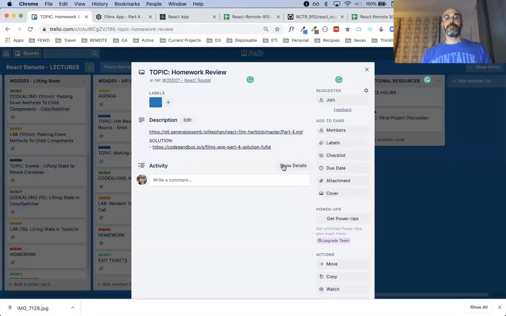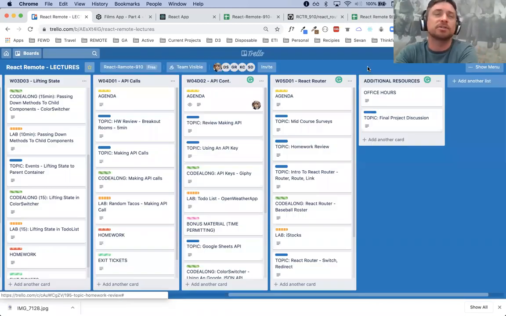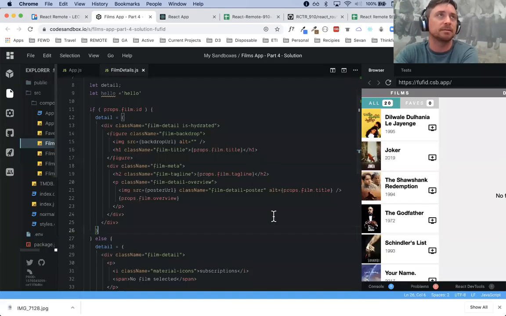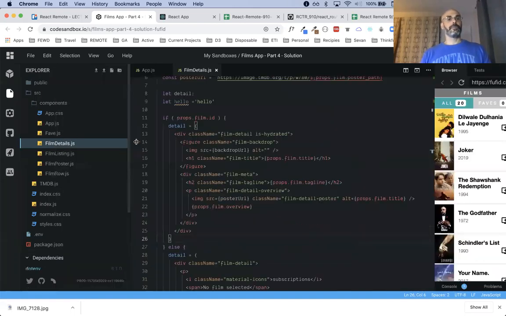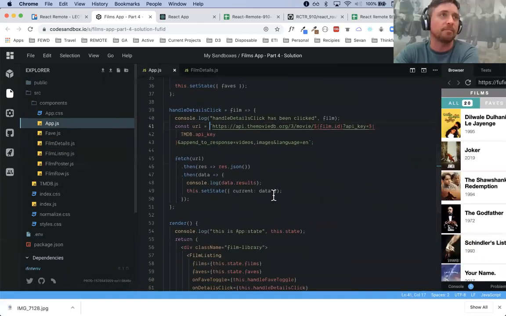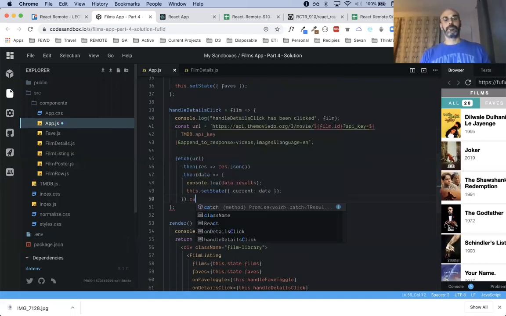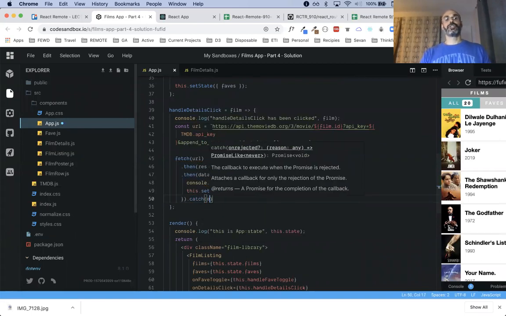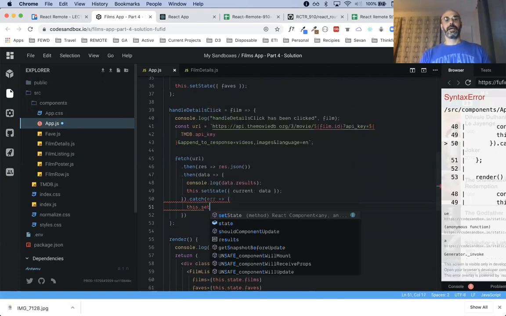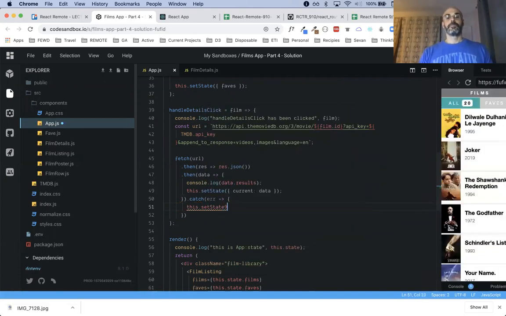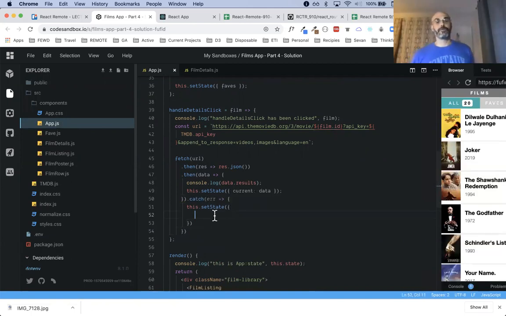I did have a question. Sure. In an error catch, can you reset state? In the error catch, so here, when you've done the fetch. Oh, something like here in fetch. Yeah, and then let's say your URL is wrong or something like that. Yeah, so you could say catch error, and then you could have in here this.setState. That wasn't working for me. Oh, so you couldn't set state here if you didn't hit it?